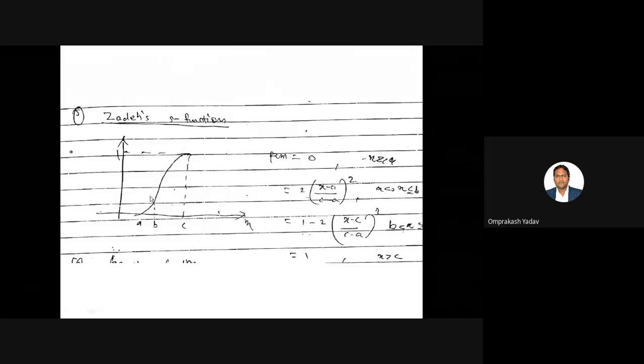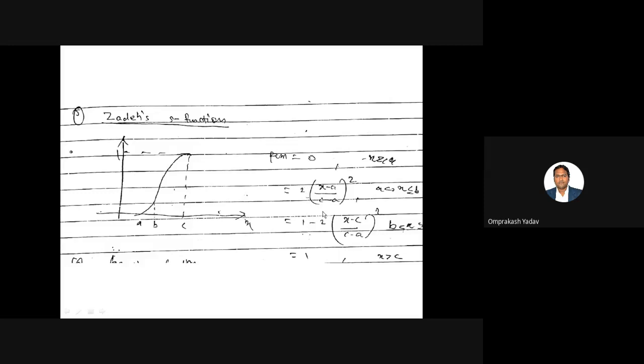You can see this is also a kind of increasing line. So what you can do, you can subtract from that particular variable the final variable. I'm assuming that this is x. So x minus a divided by, subtract from the whole, not till here, so c minus a. Just for your remembering purpose, it's not correct. So the final expression is 2 into x minus a divided by c minus a the whole square. So the square kind of term will be there because this is a curve shape.